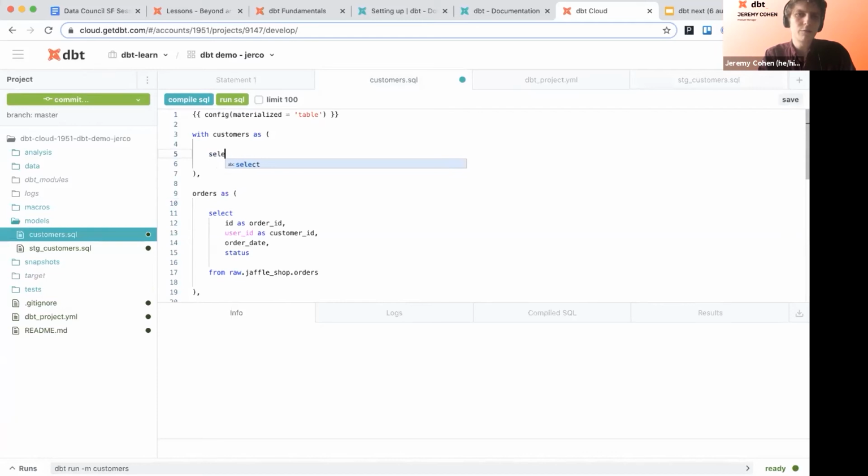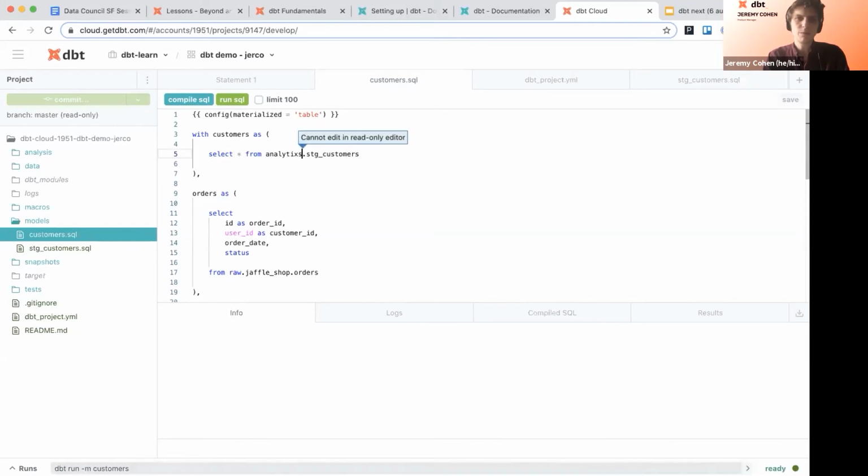So now, instead of rewriting that SQL over again, I want to do something to the effect of, like, select from my version of the stage customers model, but then in production, select from the production version of the stage customers model.